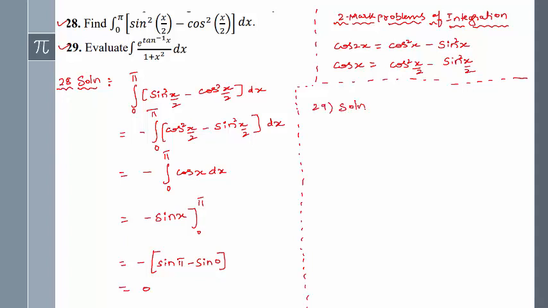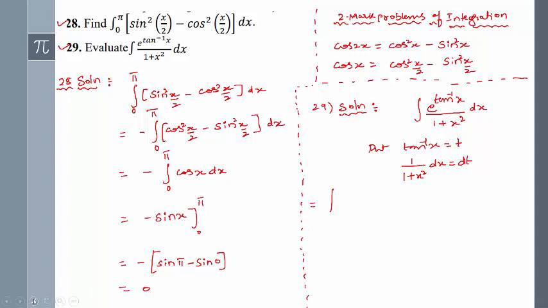In problem number 29, you have to solve the integral of e to the power of tan inverse x divided by 1 plus x square with respect to x. Here you can put tan inverse x equal to t. If you differentiate this, it will be 1 by 1 plus x square dx equal to dt. So from the substitution method we can write